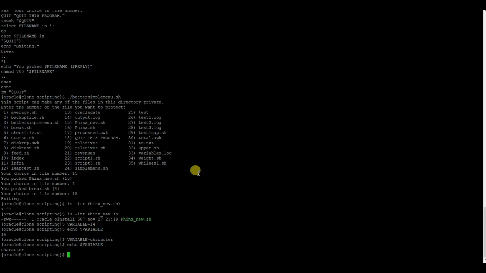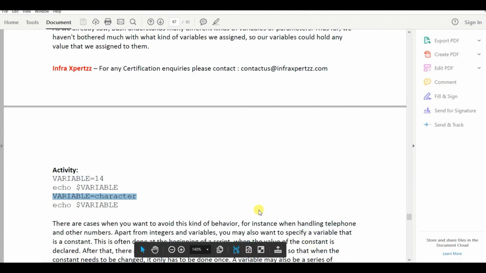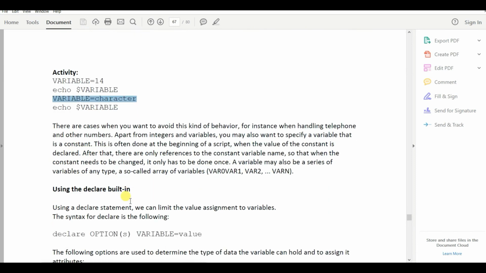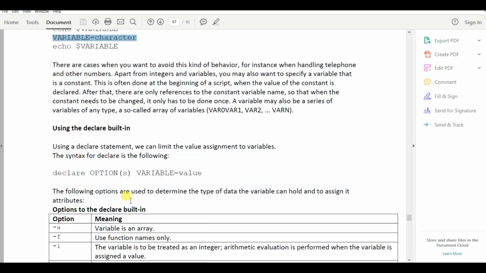And then echo, it's coming. Next, there are cases when you want to avoid this kind of behavior. For instance, when handling a telephone number or any other numbers. Apart from integers and variables, you may also want to specify a variable is constant. So, what you need to do is, there are some options, declare built-in options.